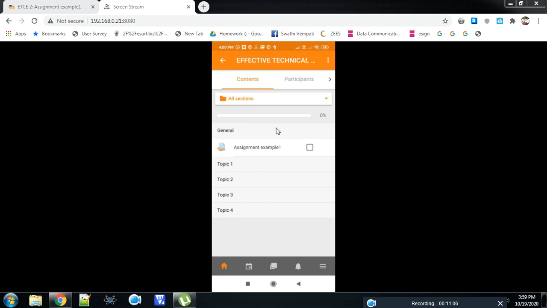Okay, thank you. So this is the first thing, how to download Moodle, and after that how to submit your assignment. Here you can change your password and everything, through the site, not from mobile. In the site you can change anything you want, like your password and everything.